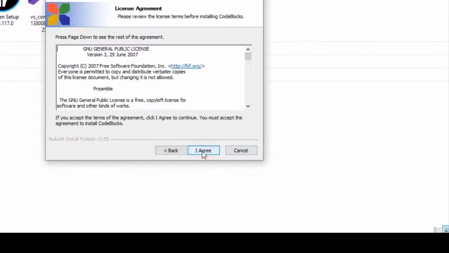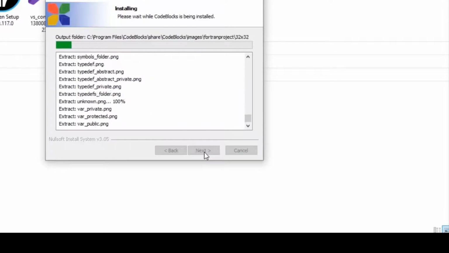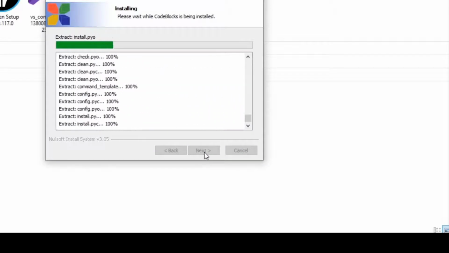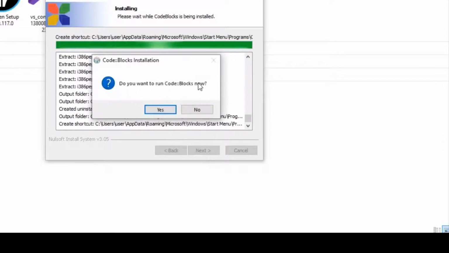Click on next, I agree, next. Here I am setting the path as the C drive only. Click on install. It asks, do you want to run Code::Blocks now?